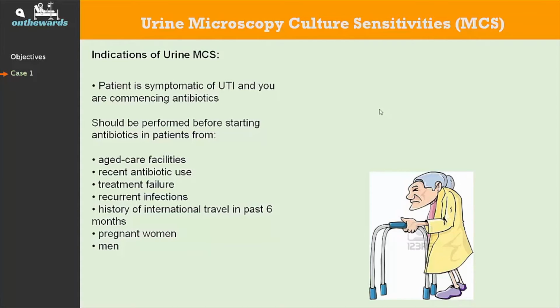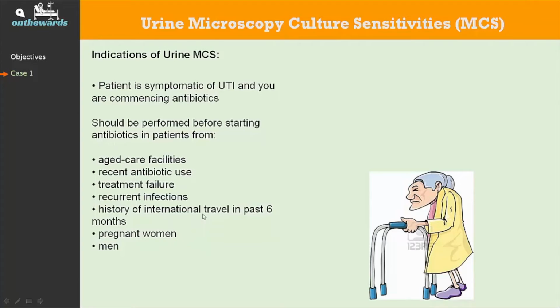So when a patient is symptomatic with dysuria or any acute change of normal, you should perform a urine MCS and send it off, especially before starting antibiotics in patients who are more high risk of getting urinary tract infection and having more resistant organisms: those in aged care facilities, people who have had recent antibiotic use, people who have had urinary tract infections and they still have those symptoms despite being on antibiotics, people who have recurrent infections, people who have a history of international travel in the past 6 months, pregnant women who can get complications to the fetus if untreated, and in men because